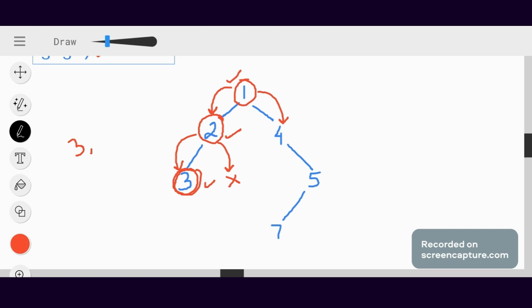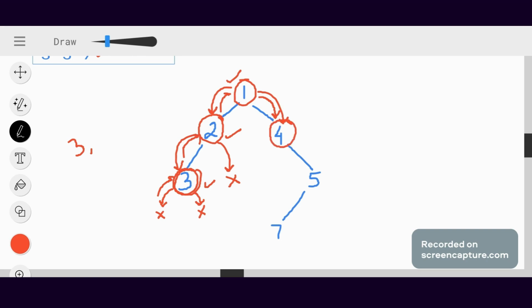Move to the left now. This is my parent node now. Move to the left. Do we have a child node? No, it is a null value. Do we have a right child node? No, it is a null value. So it will return. Again, it will return. Now here it will move to the right child node.